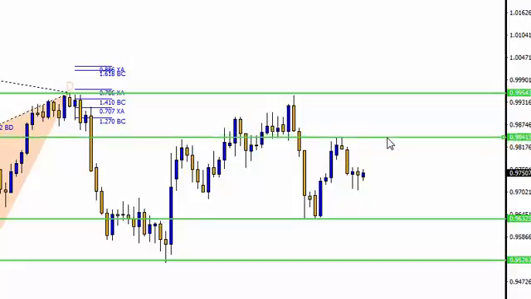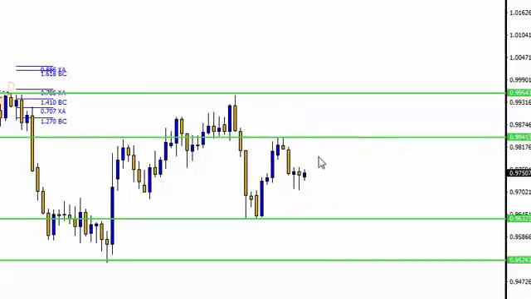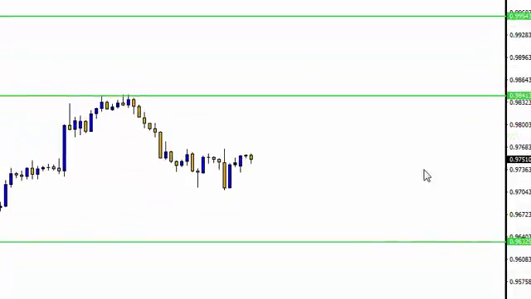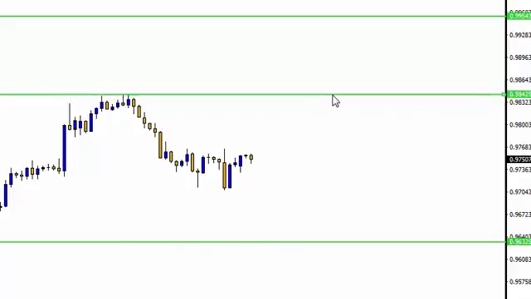Okay. So what we're going to do in this between area here, well, the between is always going to be messy. One thing you don't want to be is around the choppy zone. So if I bring this down to my 4-hour chart, as you can see, the areas for us to really be trading are down here or up there. Other than that, we don't really want to mess around with this currency pair in the middle of nowhere